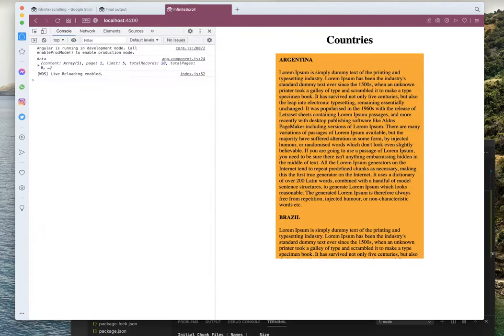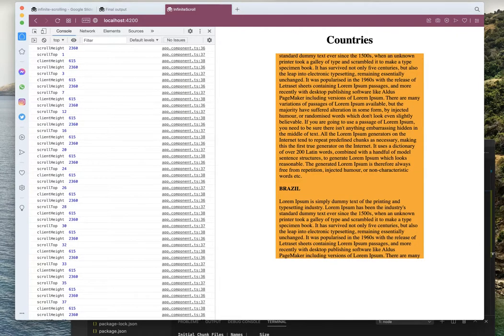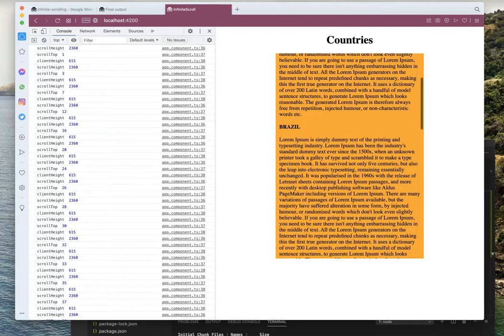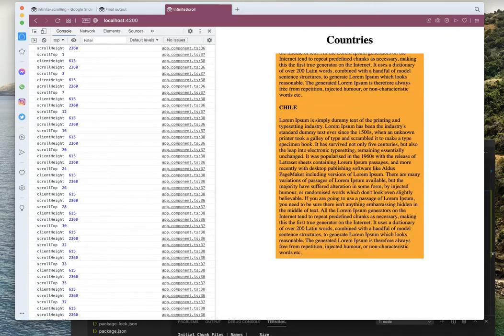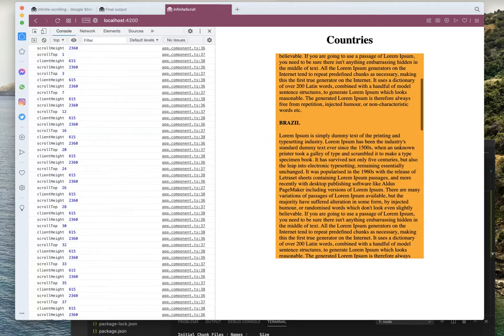Let's see if we are able to receive the event on scroll. Currently we are able to receive the event on scroll. Scroll height indicates the entire height of the element, including the content. But client height indicates only the height of the element. That's why you can see scroll height is 2360 pixels, because it indicates the entire height of the element, which includes the content.